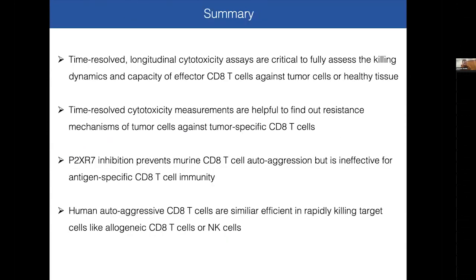So this brings me to my summary. In general, what I have shown you is that, first of all, we need time-resolved longitudinal cytotoxic assays to really fully assess the killing dynamics and capacities of cytotoxic immune cells in general. It's not only for T cells, but can also be applied for other immune cells, and it's helpful to really have the best interpretation possibilities of our